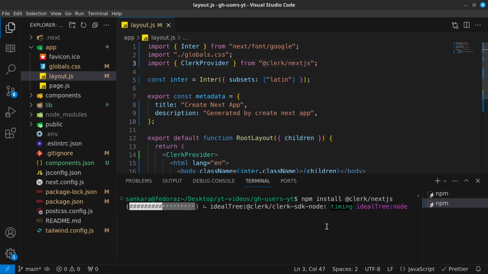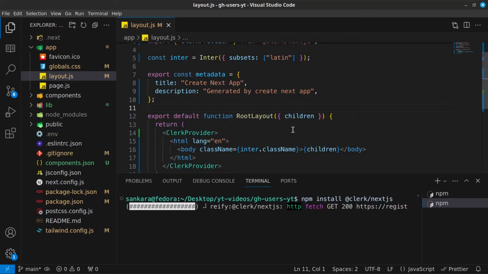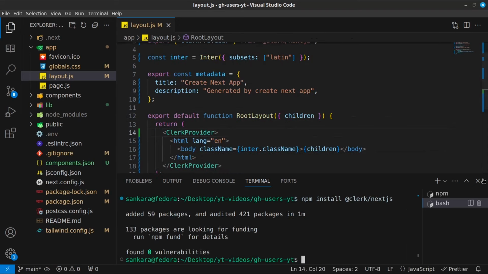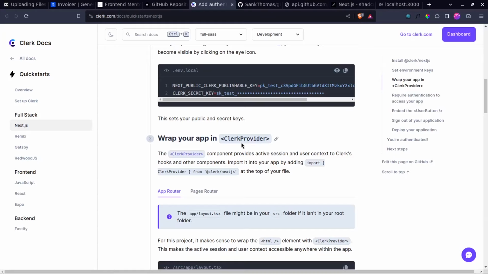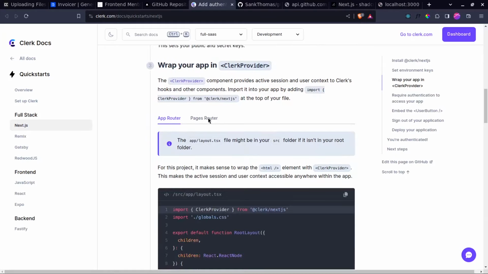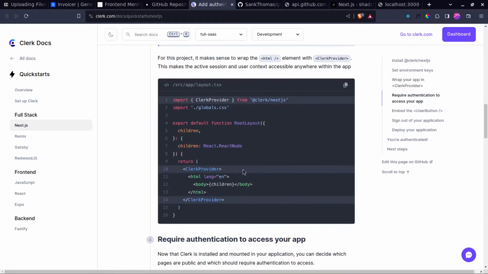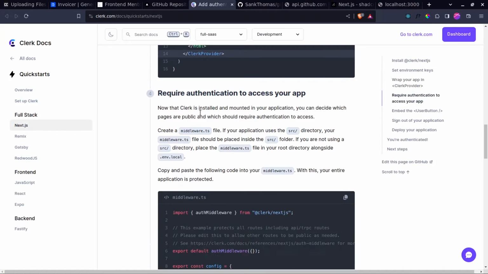And then hopefully, it has not yet finished installing, but once it finishes, then it's going to wrap your entire application inside the Clerk provider so that your application is going to have authentication all through. And there we go. And then the next thing that we need to do is, we have just done this, so we need to go ahead and require authentication. So we need to create a middleware.ts file, and what this is going to do is that it's going to